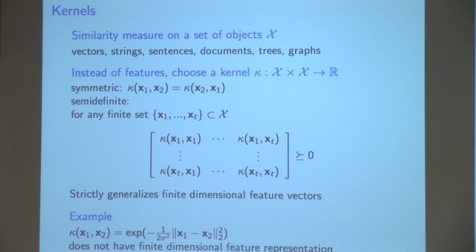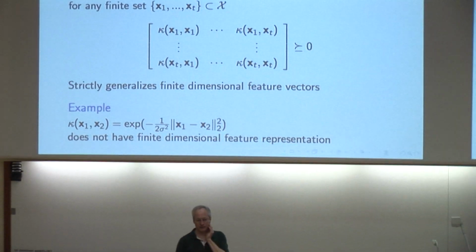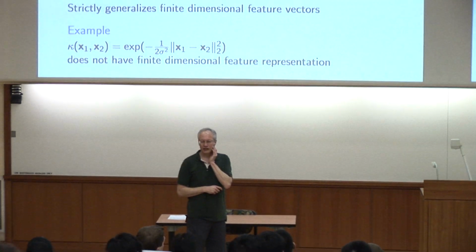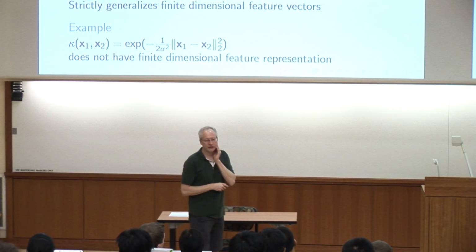So any positive semi-definite symmetric function corresponds to some feature representation. The cool part is that you just reach into your bag and pull out a kernel function. For example, the Gaussian kernel we saw before: I didn't verify then, and I haven't verified now, that it is, well, you know it's symmetric, but it is in fact a semi-definite function. It's not hard to prove, anyway. This semi-definite function is a kernel.